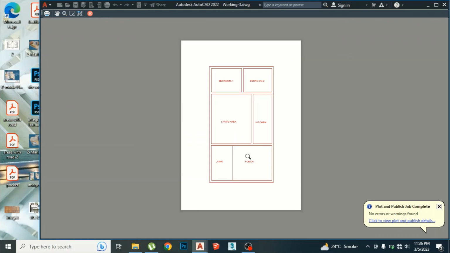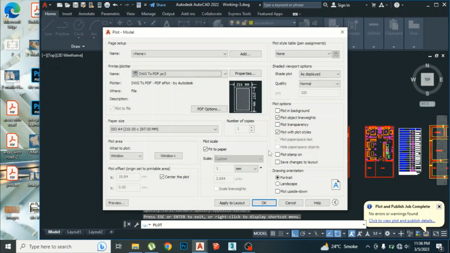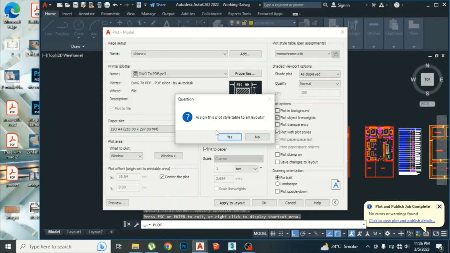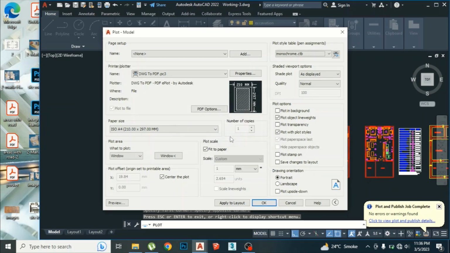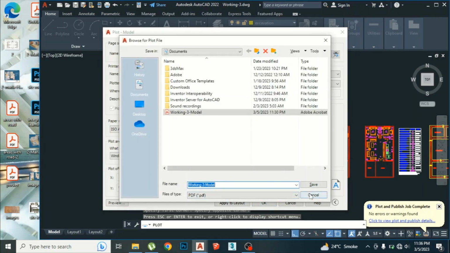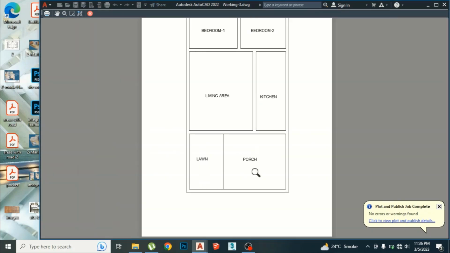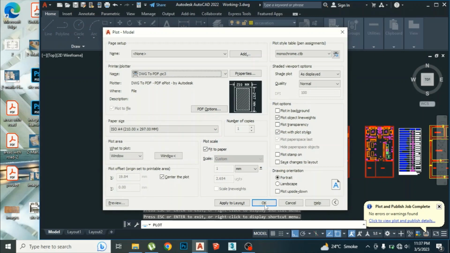It is in red. I want to change its color, so for that purpose you will go to plot style tab, pen assignments, and I will select monochrome here. It will ask you assign this plot style table to all layouts. I will go with yes, and then OK. First I will preview it. Now it is in black. Then OK,